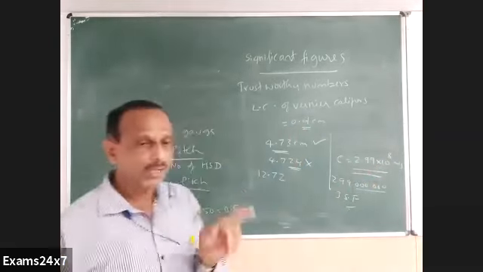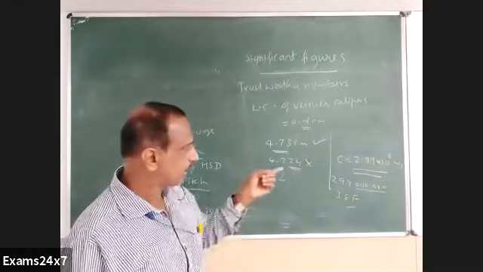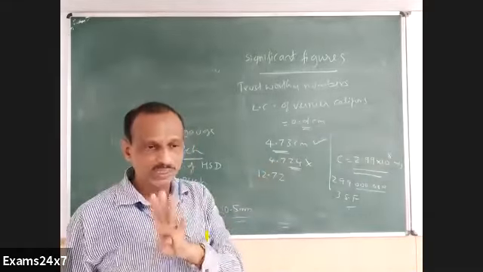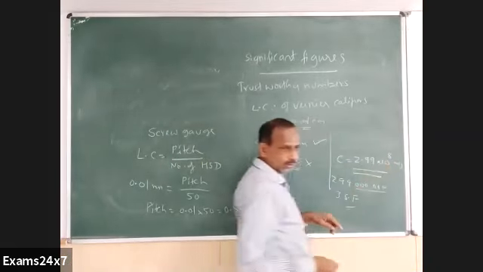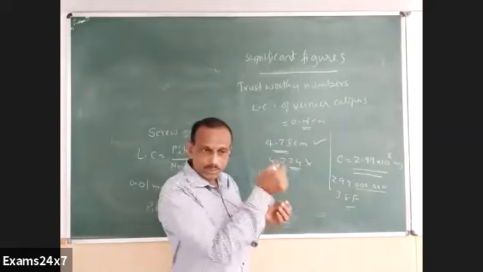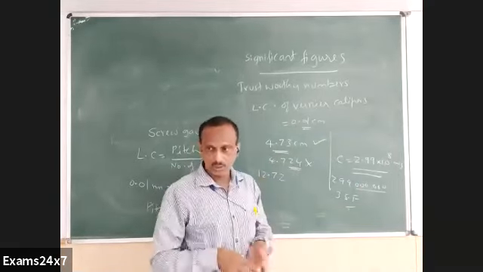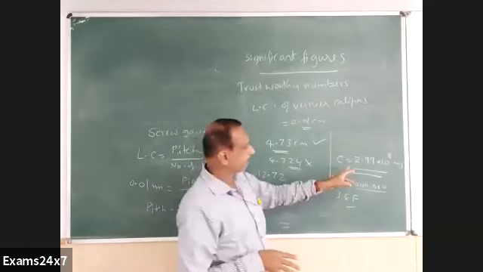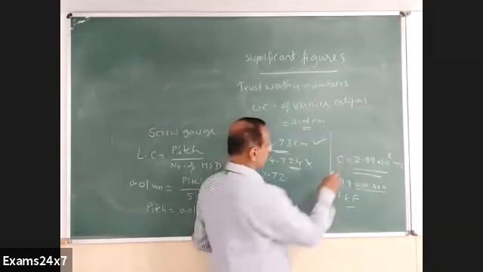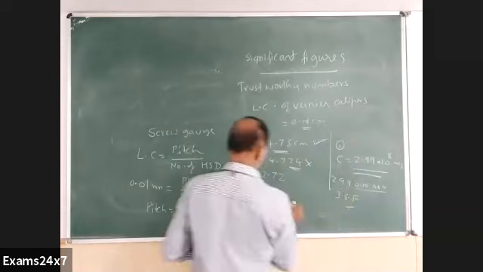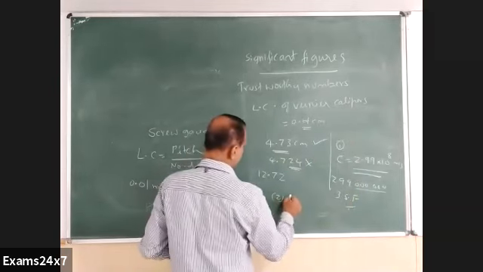2.990 into 10 power 8, if it is written that way, means 4 significant figures. Even if it is 0, when 0 is written here, as if the number coming to that place is known, then it becomes 4 significant figures. Understood? So this is one example I gave, and one more example can be given like this: